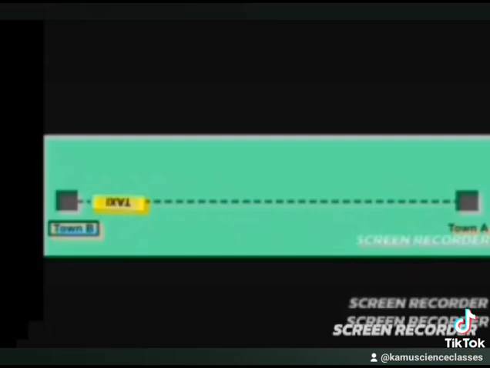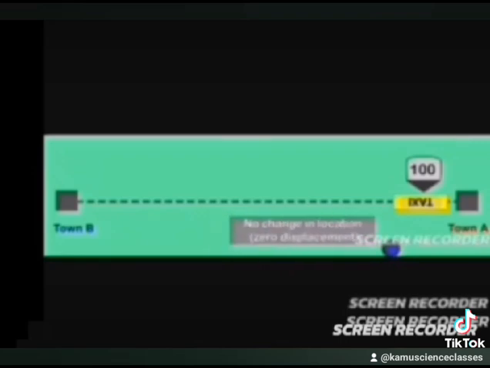Consider this taxi driver moving from point A to point B and back to point A. If the distance was 100 meters from A to B, then the total distance is 200 meters. However, our displacement would be 100 meters to B and 100 meters back to A, and therefore our total displacement will be 0. There will be no change in the location